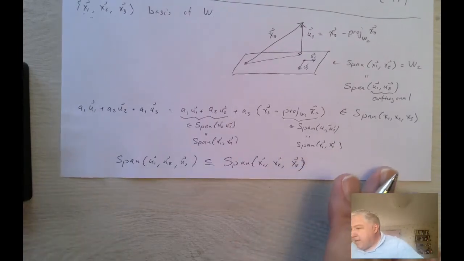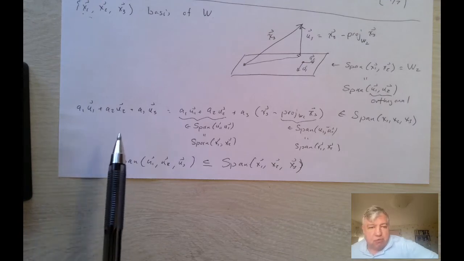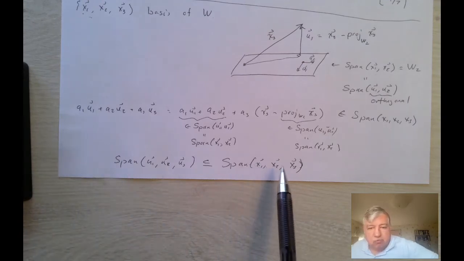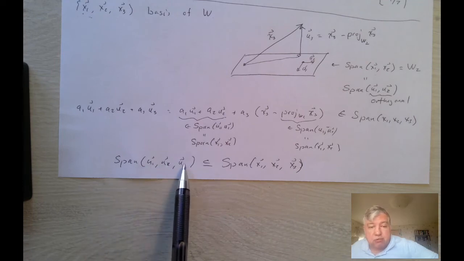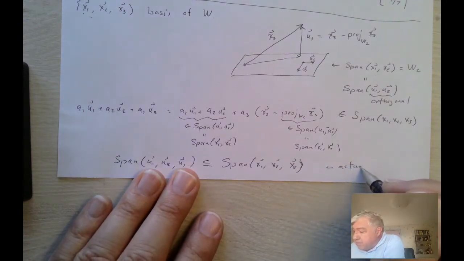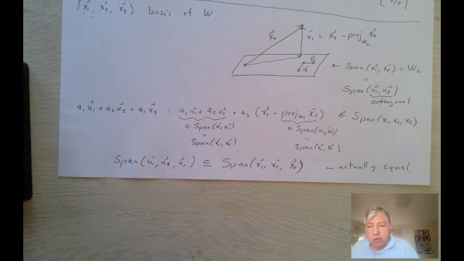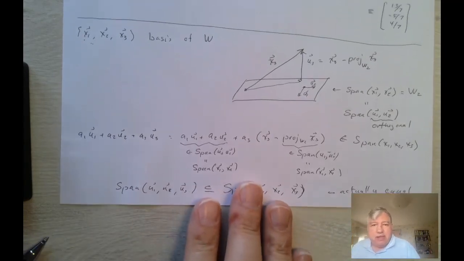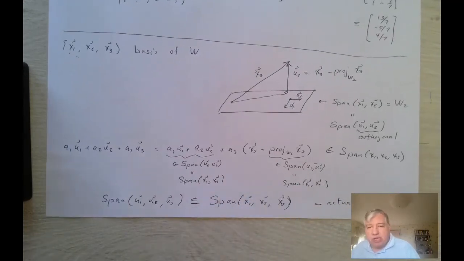Okay. And then similarly, I'll let you do the other part: take a linear combination of x1, x2, and x3 and show that they're linear combinations of u1, u2, and u3. The argument is very similar. Okay. And then we show that these are actually equal. All right, so I think you get the idea here,